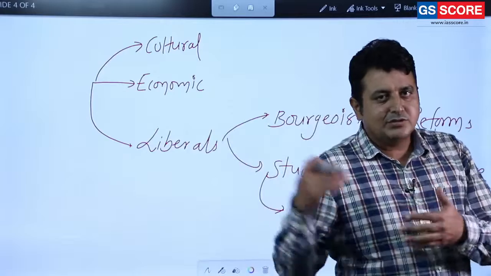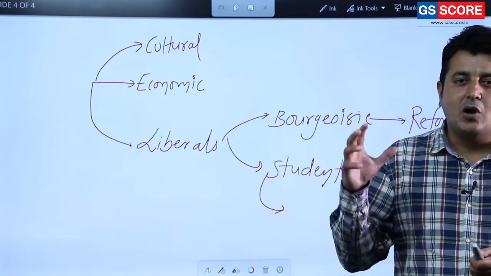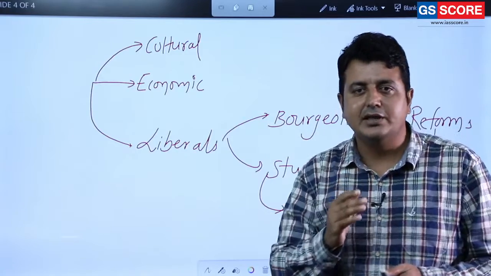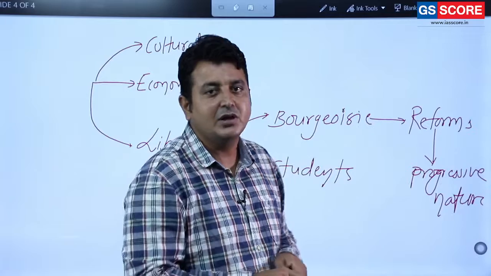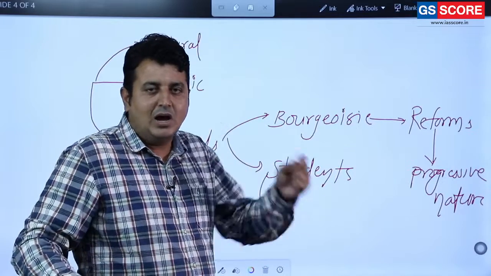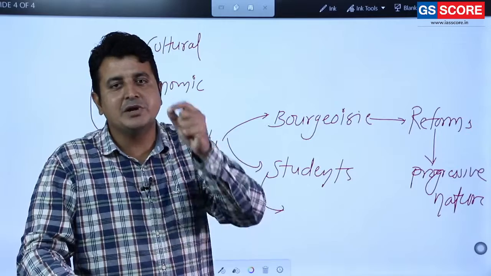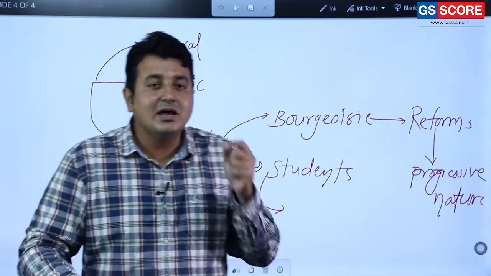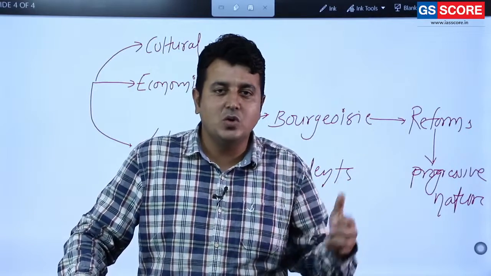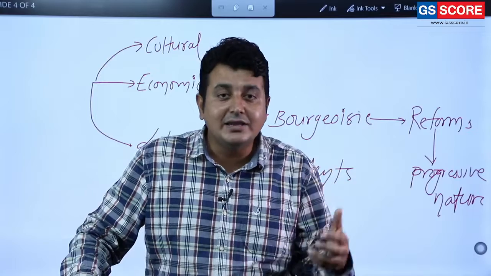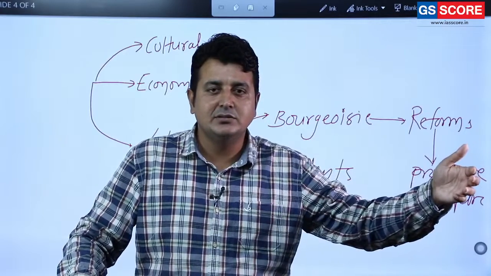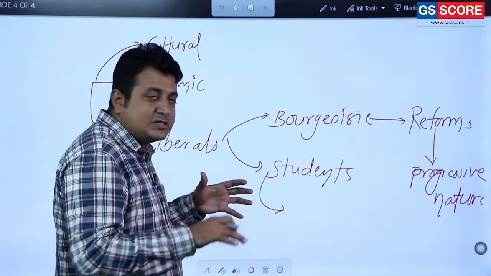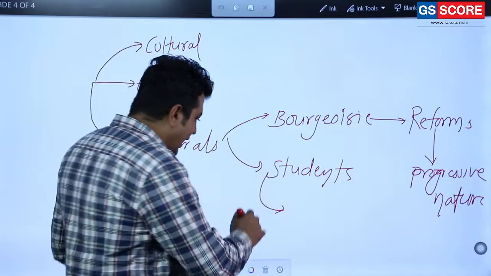As we are going to discuss later, the Metternich system was conservative, and Metternich was against these modern ideas. The Metternich system suppressed everything, but students are that section of society who have always played an important role, always raising their voice against injustice everywhere, and they propagate new ideas. That's why we call them the torchbearers of ideas. They pass on the idea. Clear? So these students propagated and spread the idea